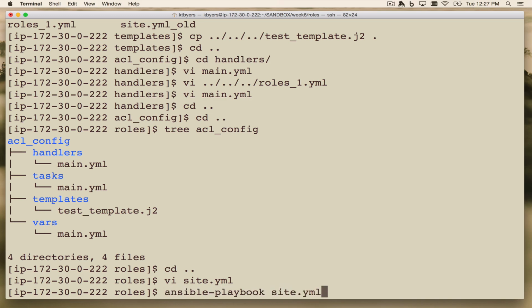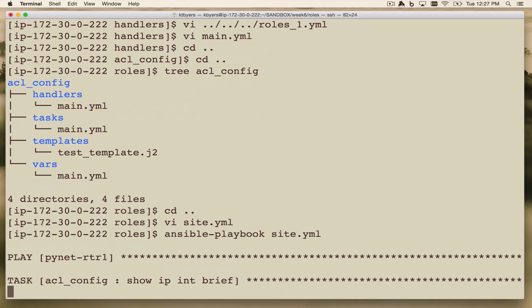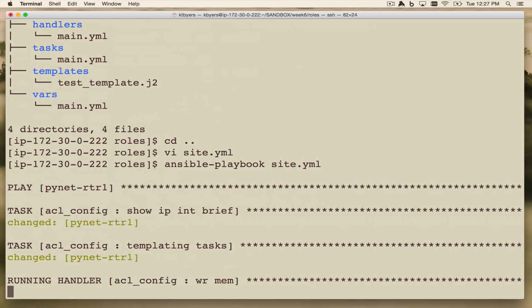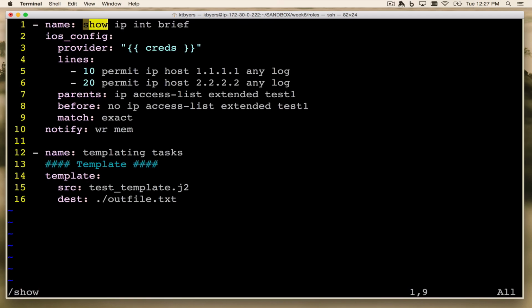Now let's see if I actually reconstructed all of that correctly. And that's a good sign that it's actually executing things. So it executed my show ip int brief, though that's actually got the wrong description. It is not a show ip int brief. So let's go ahead and update that. So if I go to my role, it says it's doing show ip int brief, and it's actually configure test1